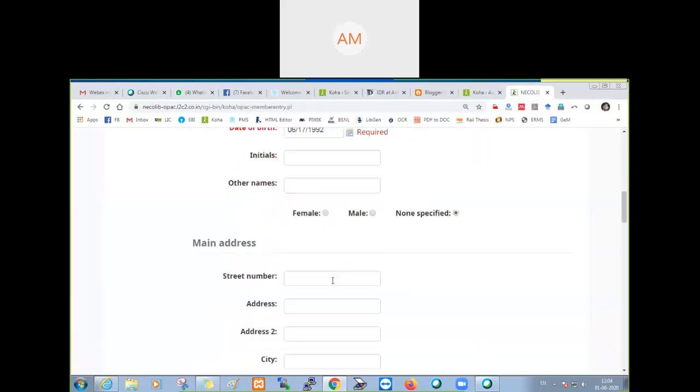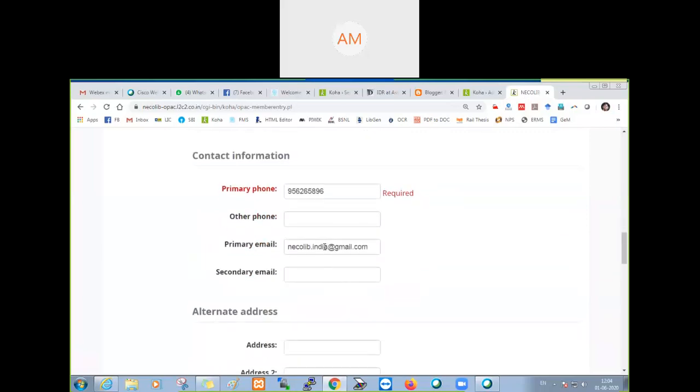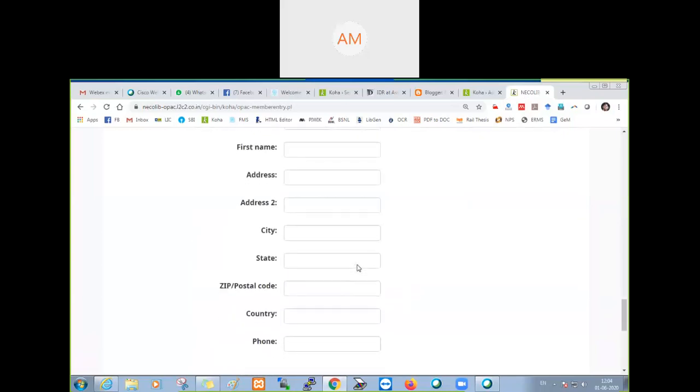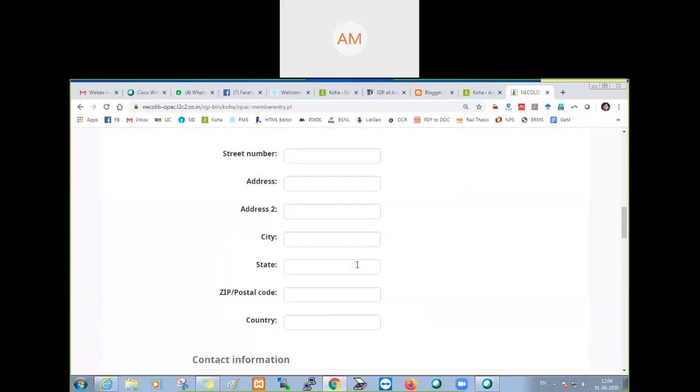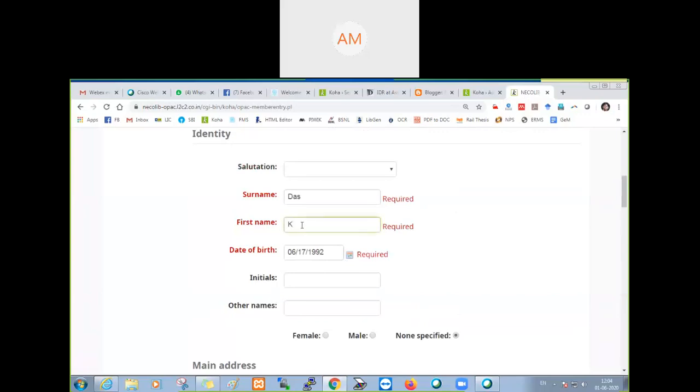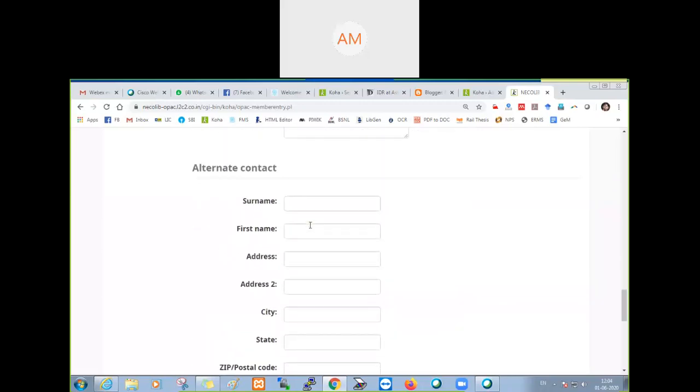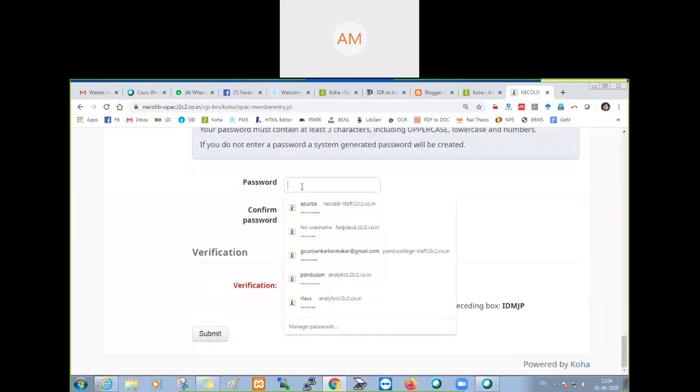If I change the Necolib only. Email is fine now. And I'll change the name, otherwise it will confuse you. P.A. Das. Password is the same.